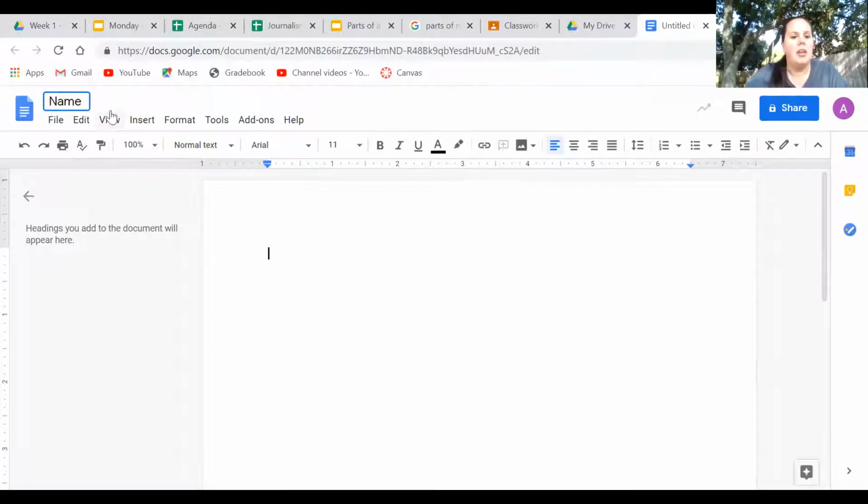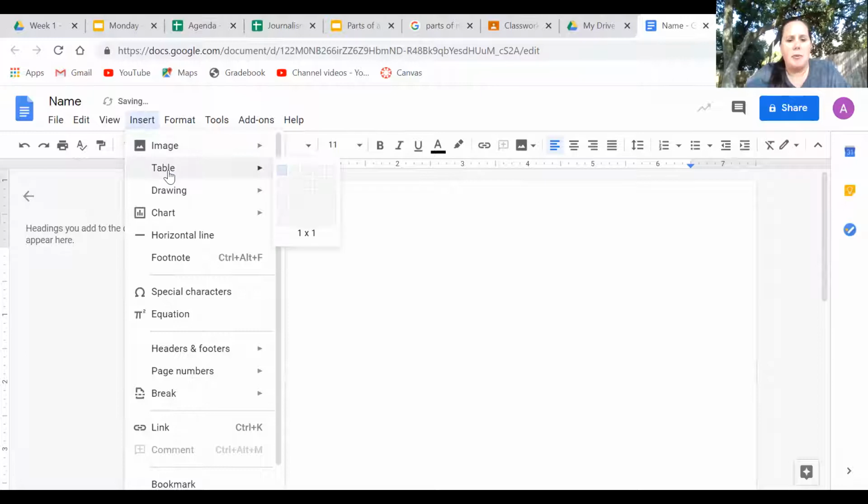Okay. Insert a table, and I said you needed 1 column for the word, 1 column for the definition, and 1 column for the example. That's 3 columns. And you need 11 rows. You have 10 words and then 1 row for your title. Okay, so if we have that,